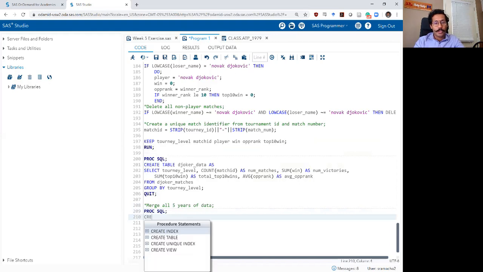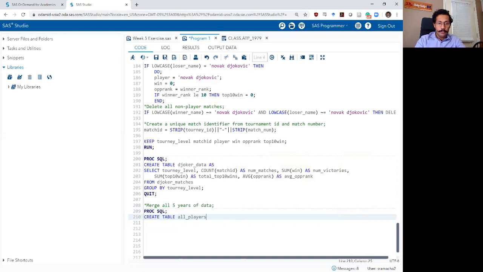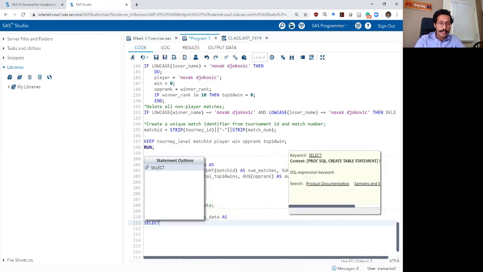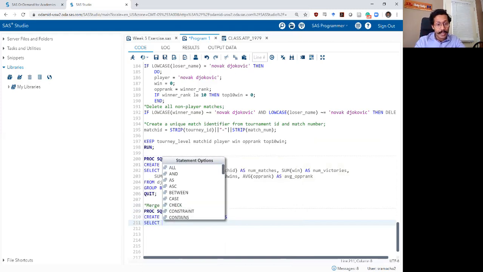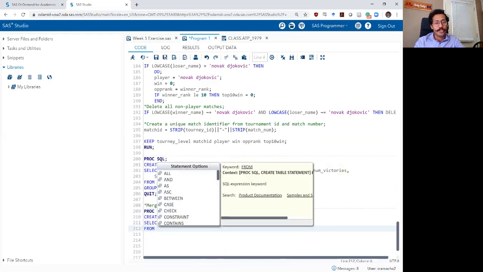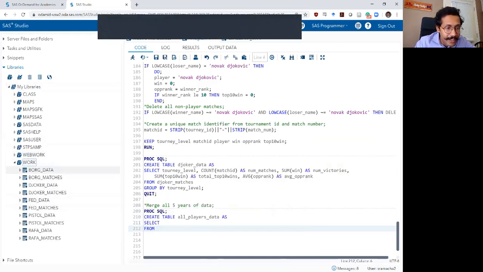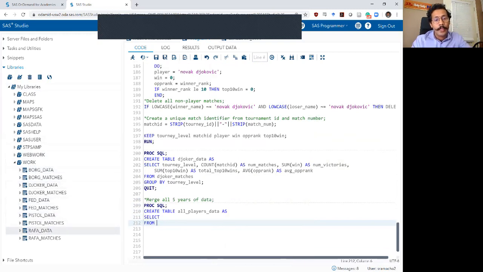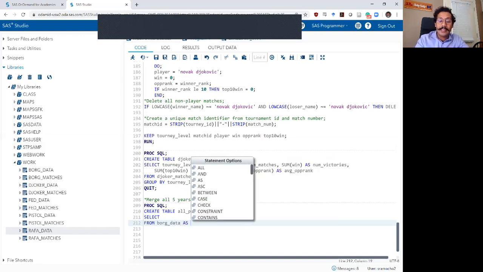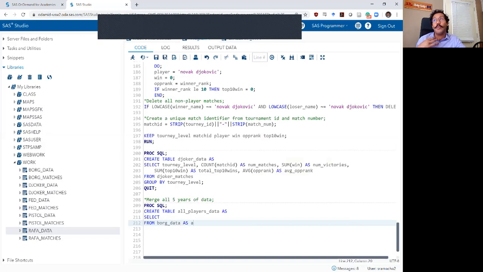So I'm going to write proc SQL, create table all_players_data as select, and I'm going to write my select statement at the end, and I'm going to start with my from statement. My from statement, I want to basically merge these 5 data sets together, right? Borg data, Joker data, Fed data, Pistol data, Rafa data. Let's begin with writing Borg data. So Borg_data as A, and I want to write as A because I want a shortcut for referring to Borg data later,